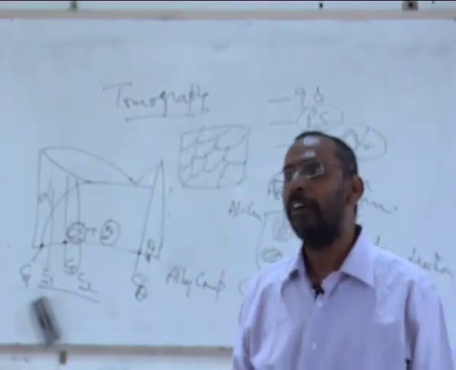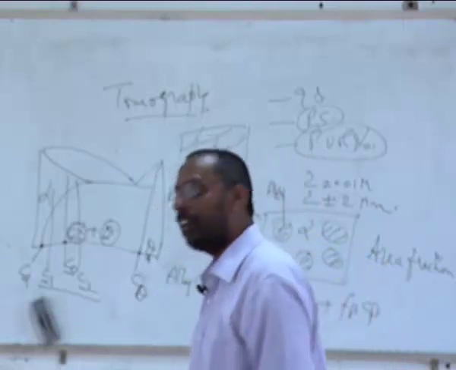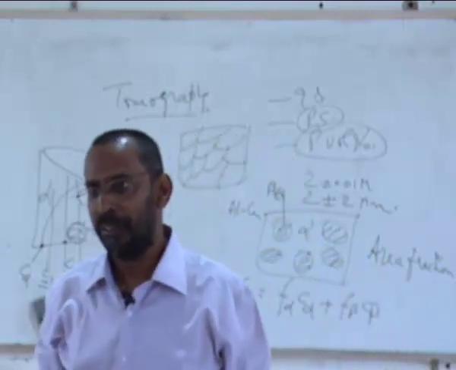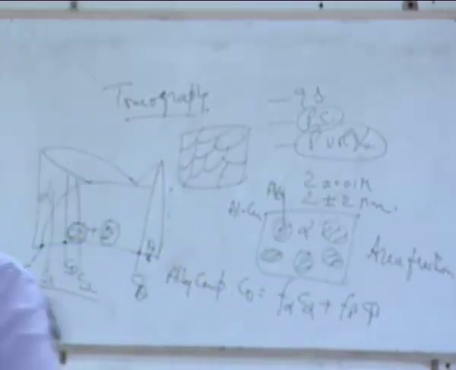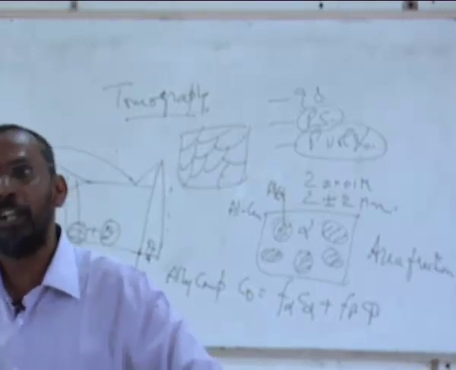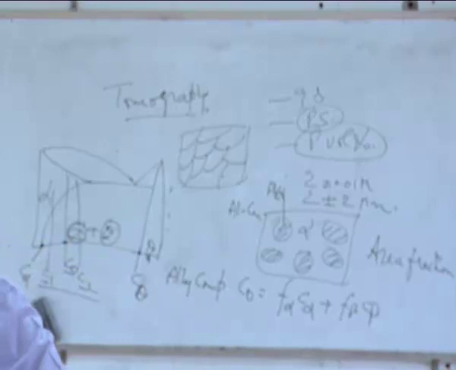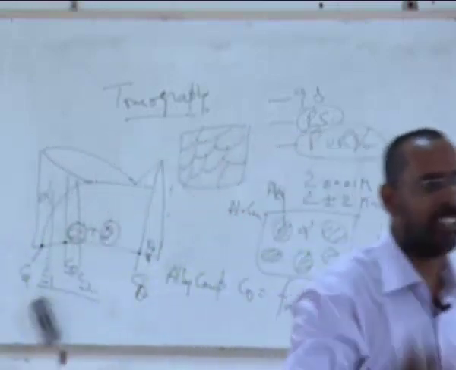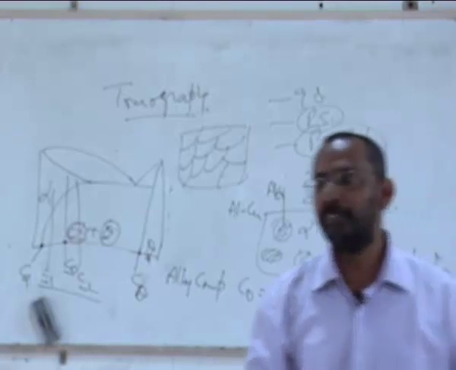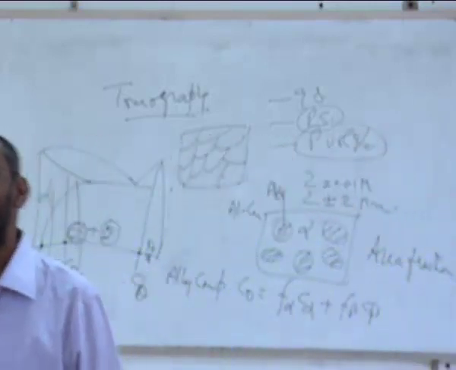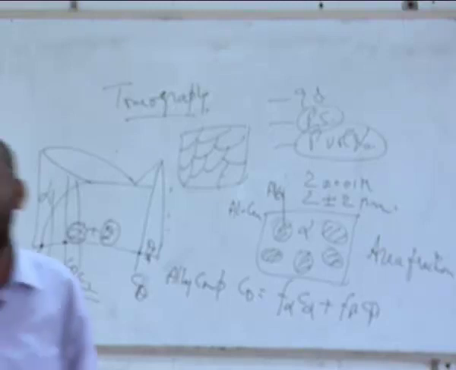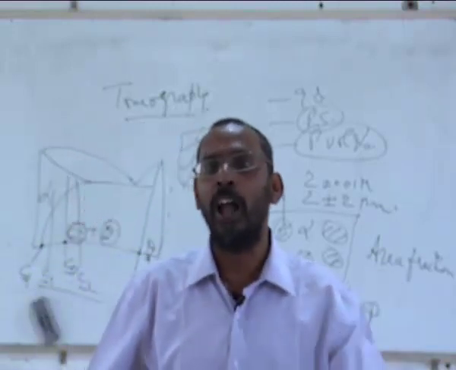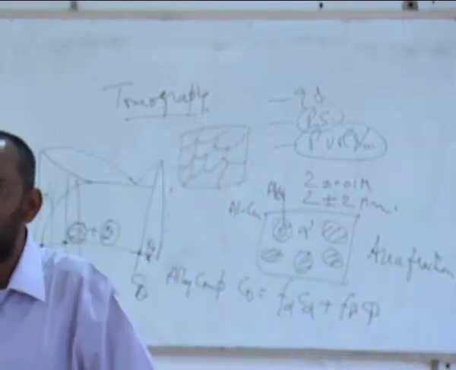For example, I have an alloy like this. I measure the hardness of the alloy. Okay? I get the hardness of the whole alloy. But I want to know the hardness of the Al2Cu and the hardness of alpha. What should I do? Is there any technique which can give me only the hardness of alpha and only the hardness of theta? Have you gone through a course called mechanical testing? Yes, you have gone through all of them. But nothing is there inside. Right? What is that hardness test which can give me the hardness of alpha separately and the hardness of theta separately? Have you heard of micro hardness testing?